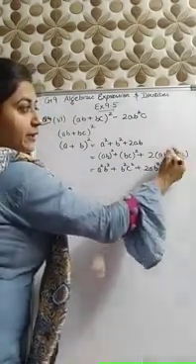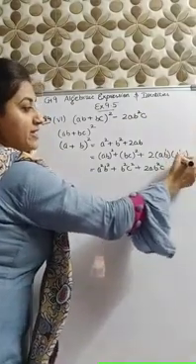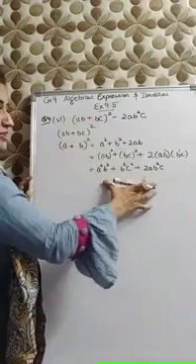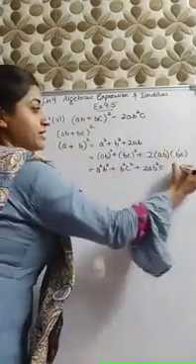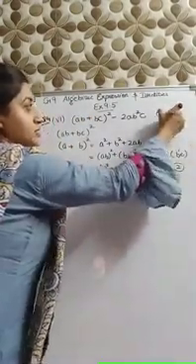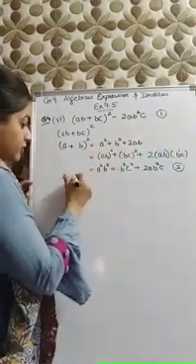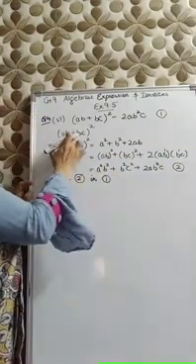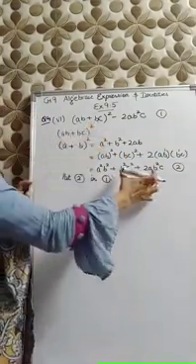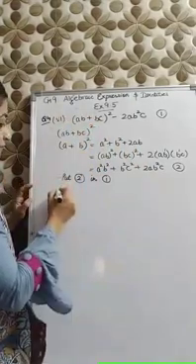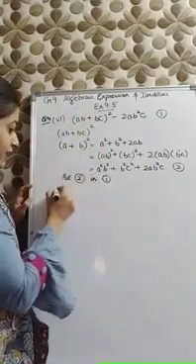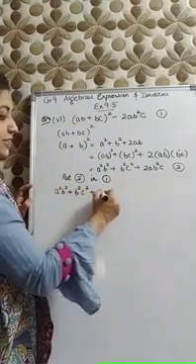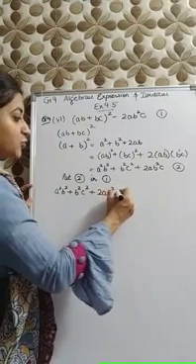B and B power 1, base are same, power will be added. So we have got the answer of the first term as this. Now let's put this second part in the first term. Put 2 in 1. Put the value of AB plus BC whole square as right hand side in the first part. The value of this term is A square B square, this is B square C square, this is 2AB square C.